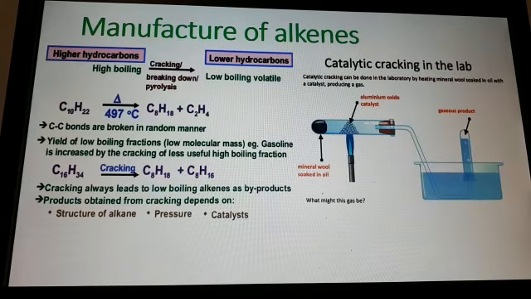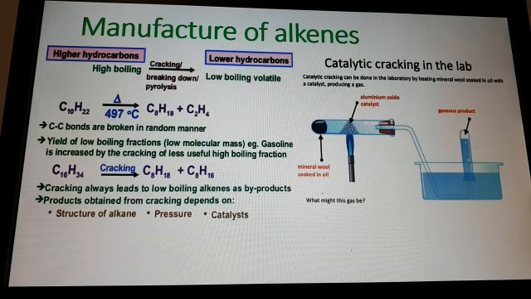Now the manufacture of alkenes. Alkenes are obtained from alkanes through cracking. From alkane producing alkene, the catalytic cracking in the lab. This image shows the formation of alkenes in the cracking of alkanes. The alkenes are obtained from alkanes through